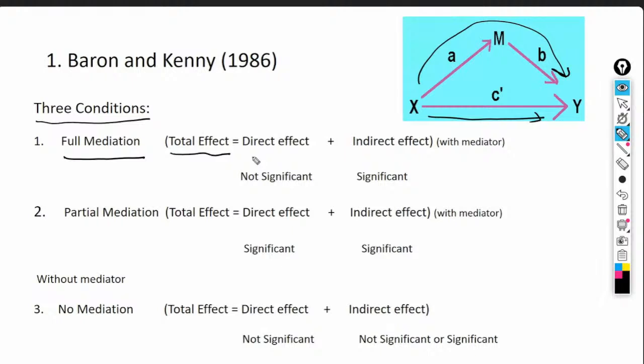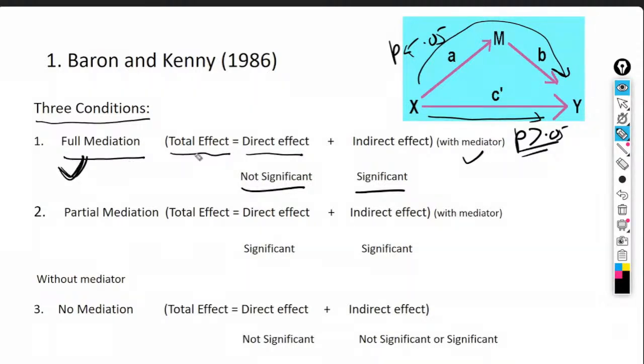If the direct effect is not significant, meaning greater than 0.05, and the indirect effect is less than 0.05, it means the direct effect should be not significant and the indirect effect should be significant with the mediating variable. Then the